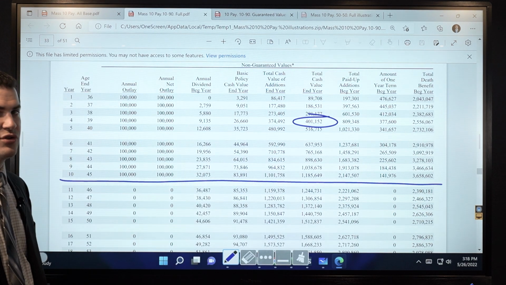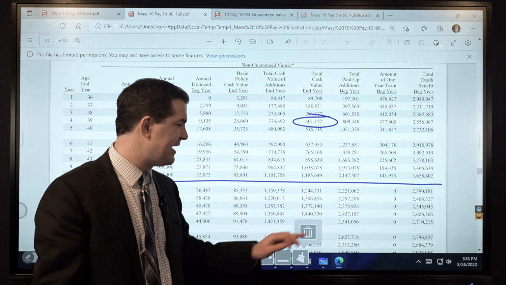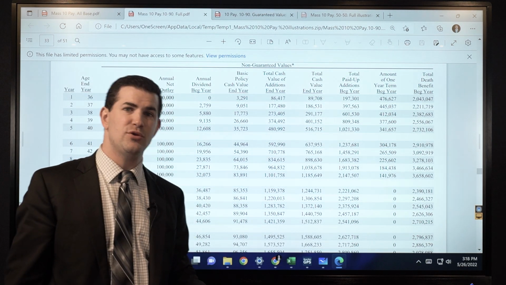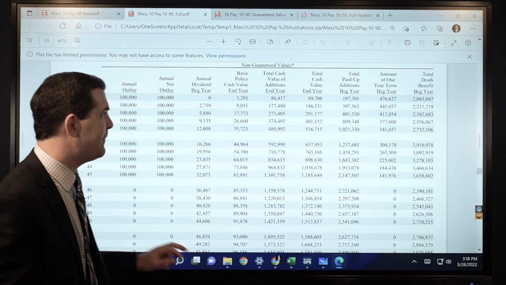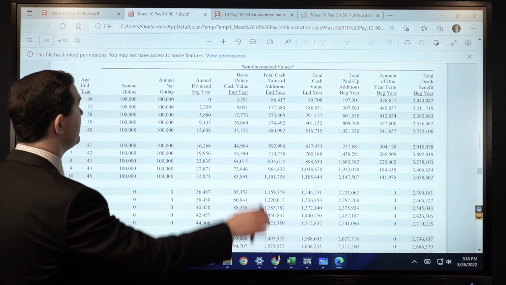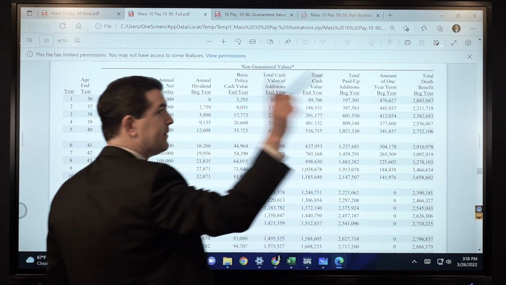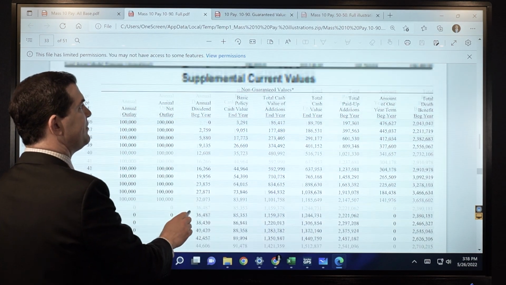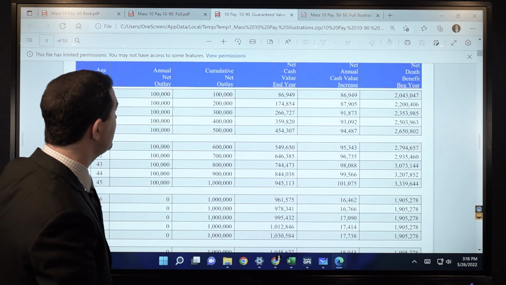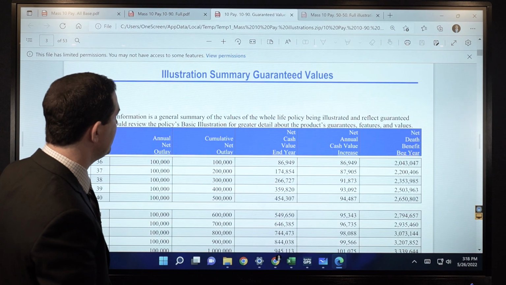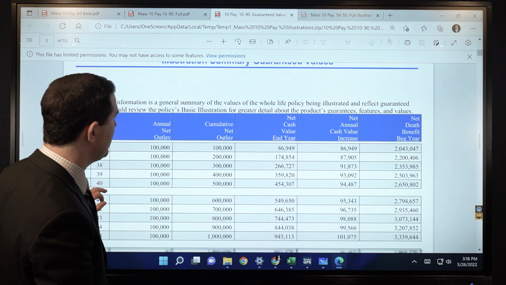Now, when we compare these long-term, which one do you think has more money? The answer is that base premium option, long-term. However, we're going to look at these side by side. This way, it just keeps things easier. We've also got the 50-50 example. Actually, before I go to the 50-50, I said these are non-guaranteed values. We've also got the guaranteed values, which are right here in an additional report, summary of guaranteed values,